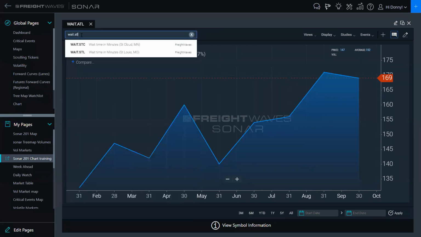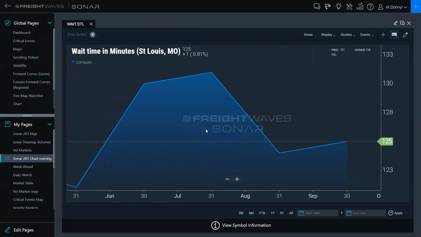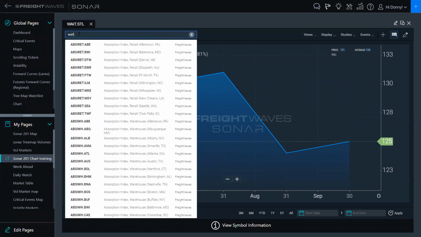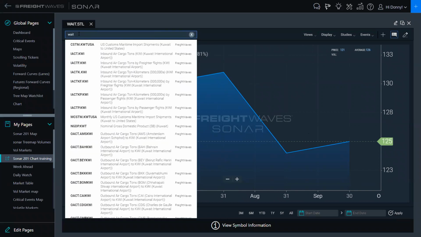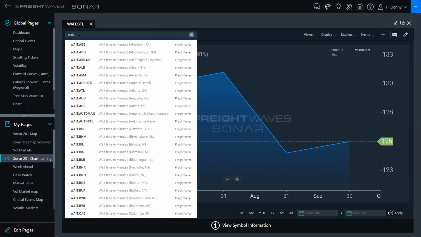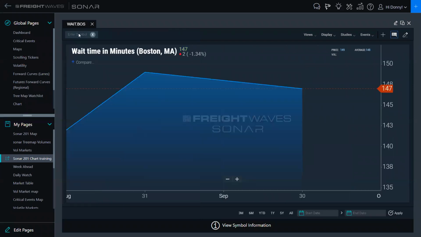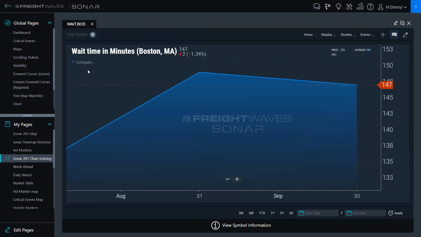Let's look at St. Louis here. St. Louis here was trending down from about 130 minutes, which is just over 2 hours. They dropped down to around the 2 hour mark, but they're still at 125 minutes. So these markets can help predict how long you might be waiting in these markets, which could lead you to adding some extra funds to this bid if you know that either the pickup or delivery location might have an extended amount of time. Here in the Boston market, again, these are all running about 2 hours. You can compare these,